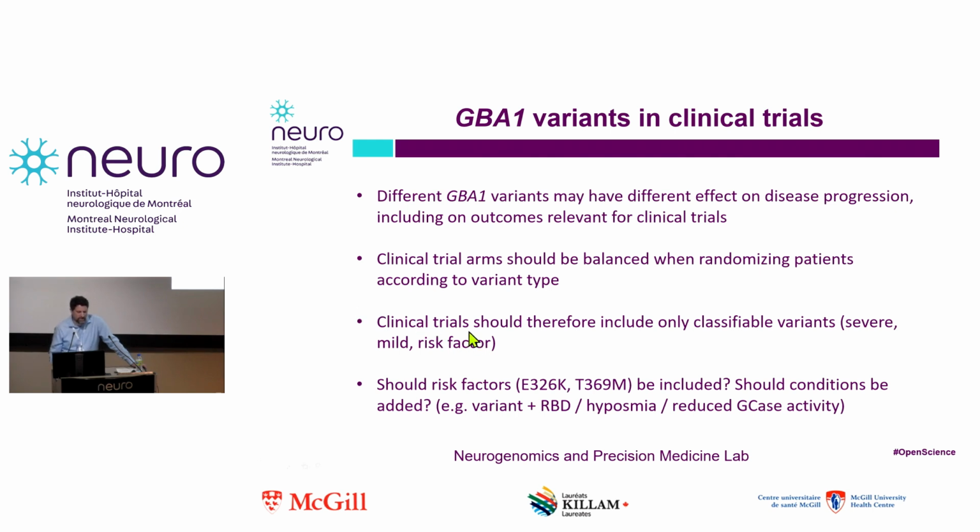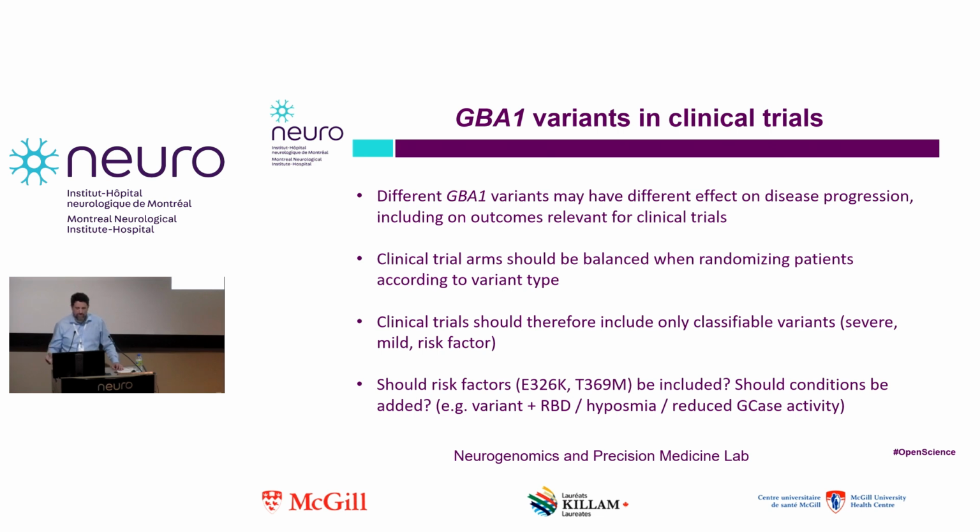Another point that I want to make, if it was up to me, I would recommend not to include variants that are not classifiable. For example, in the MOVES PD, they did have some of those, for two reasons. By unclassifiable, I mean we don't know if they're severe or mild. They can introduce some noise into the study, and the second reason is that they're just not that common. So it's not going to reduce your sample size, it's not going to affect your trial by a lot,